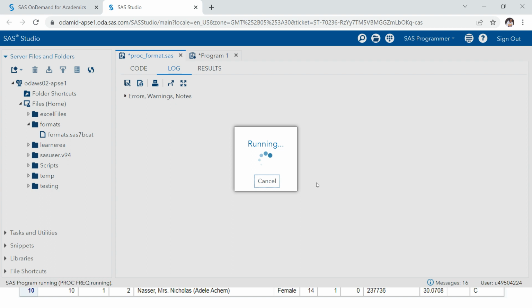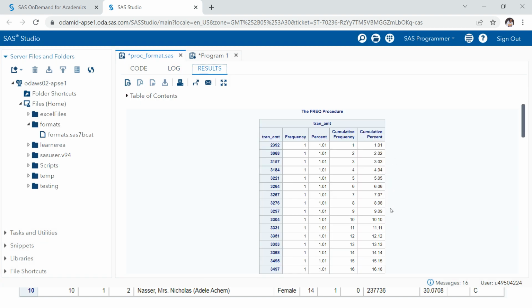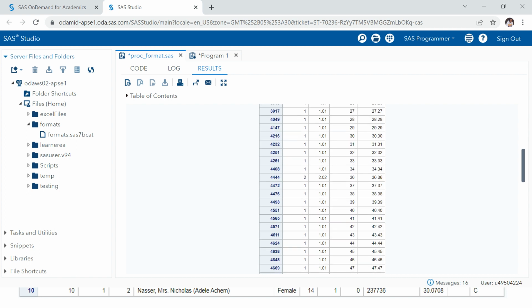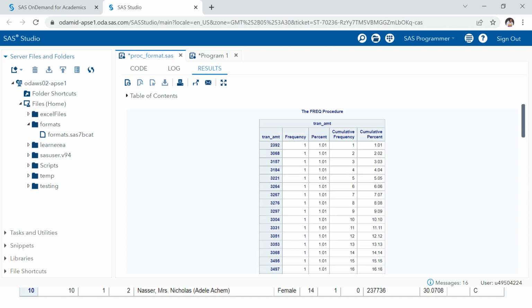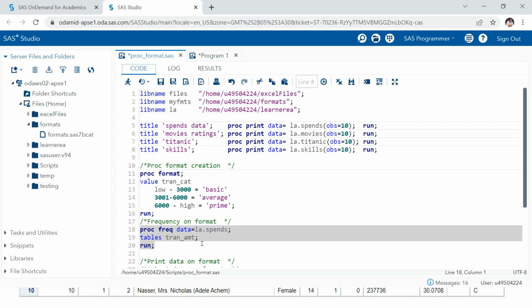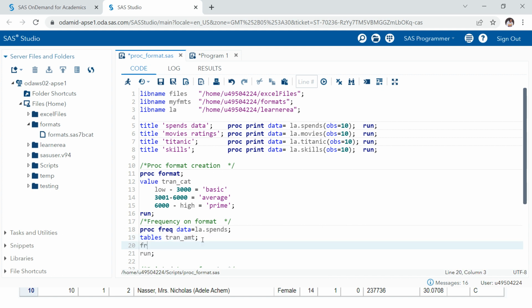If you run this, what's going to happen? You see here you have the frequency on each of the individual transaction amounts. Is that going to make sense? No, not at all. So what we're going to do is use the FORMAT